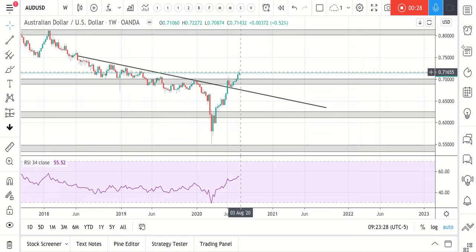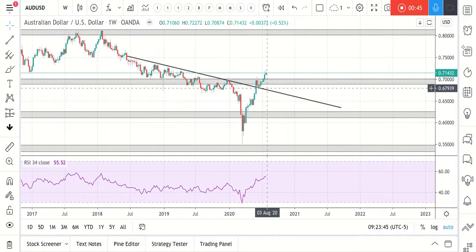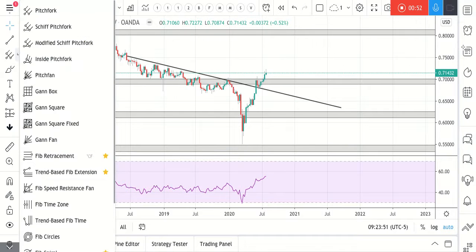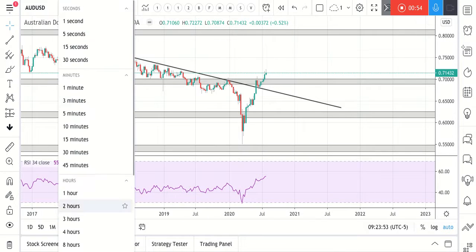I do think we're due for a pullback, as noted in the previous video last week. I do think we'll want to come test this area right here, maybe even wick down to this. I think if it does, we'll pull back up. I do think the dollar will continue to be weak over the next couple months. So I think we'll pull back. If we can move this to the day,